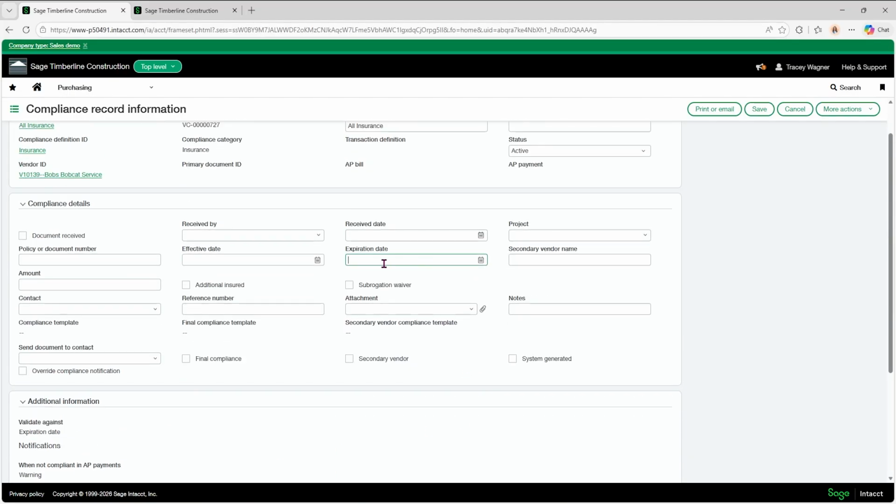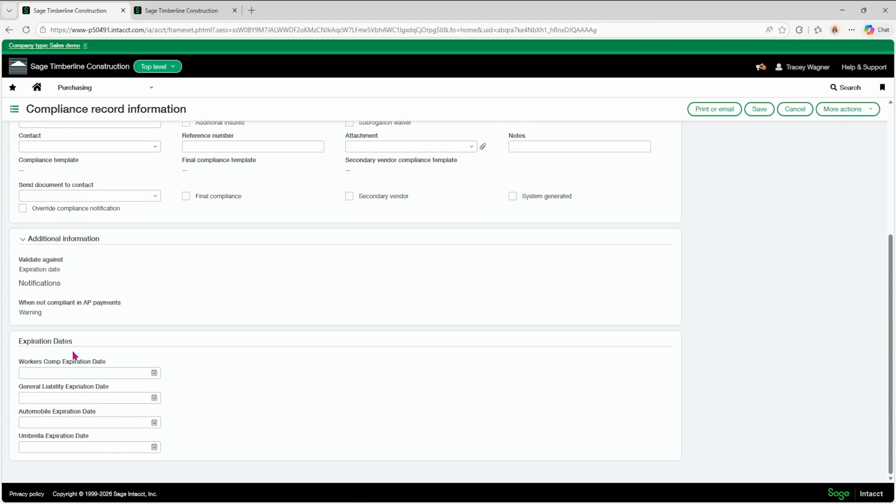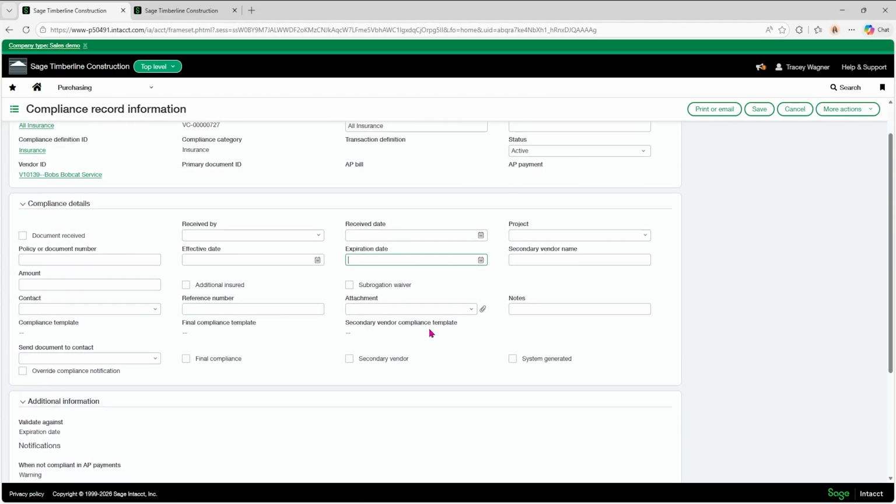So what I would suggest is, obviously, if all of these expiration dates are the same, that is the date that you would put in for your expiration date. Now, if they're different, I would put in the most recent expiration date, or the one that's coming up the soonest.